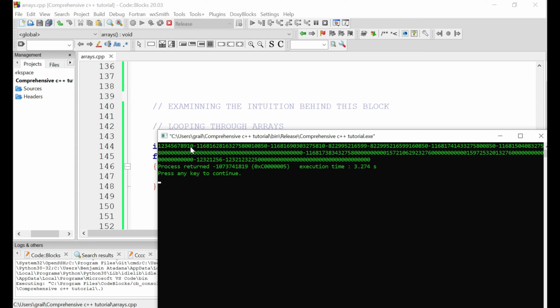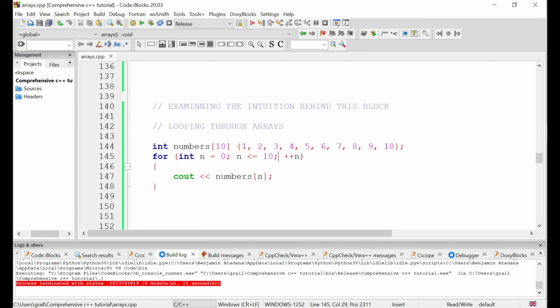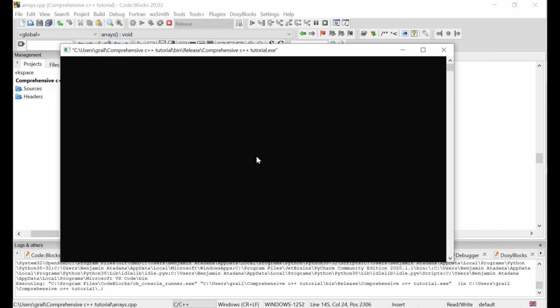Gibberish. Even though we have the elements up to 10, we have these extra gibberish things, right? Those gibberish things come from what I used over here, equals. When we look at it carefully, this is index 0, 1, 2, 3, 4, 5, 6, 7, 8, 9. So this is only up to index 9 and not up to index 10. We have declared outside the scope of this index, so that's where the gibberish was coming from. So we go ahead and clear this, and then we run this code again, and we get